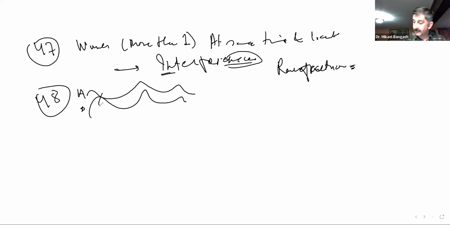Now the resultant wave is smaller than either of the 2 original waves. What is this called? When the final wave, or resultant wave, is lesser than either A or B,